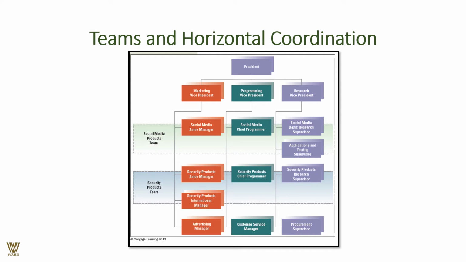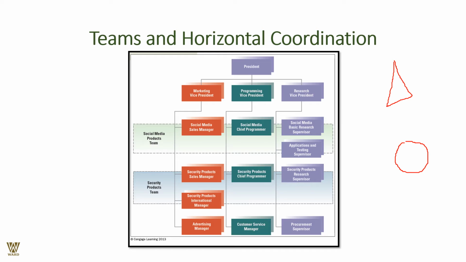So, teams and horizontal coordination, where it is a learning organization. We are absolutely not following the hierarchical approach, but probably we are following a flatter structure where everybody has more or less equal authority, space, and say, where they want to come up with a certain planned objective. Now, this is a certain planned objective that comes around it, the specialty product teams, product team A or specialty product team B, as the case might be.